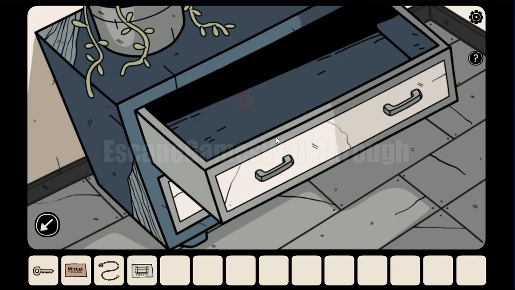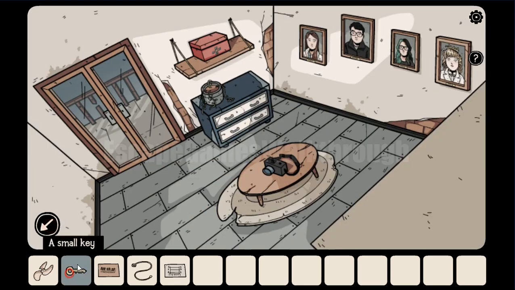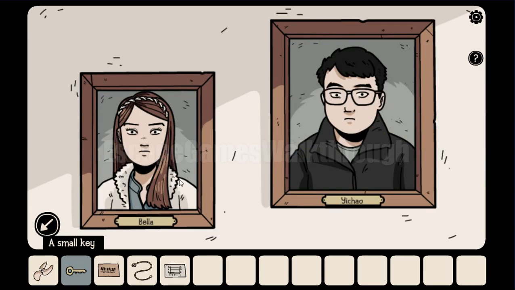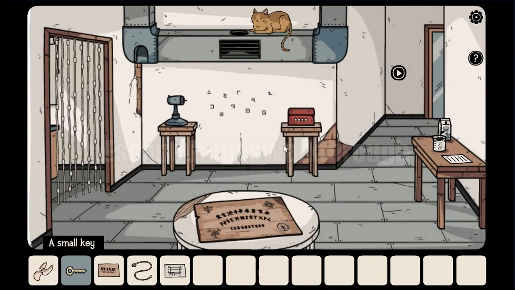These drawers have a key and the fan blade. This key is not from the balcony, so let's look at this portrait. If we click the portrait, we can see that the girl makes the shape of a square, then the boy makes a triangle, square, triangle, a cross, and here we can see a circle. So square, triangle, cross, and circle,